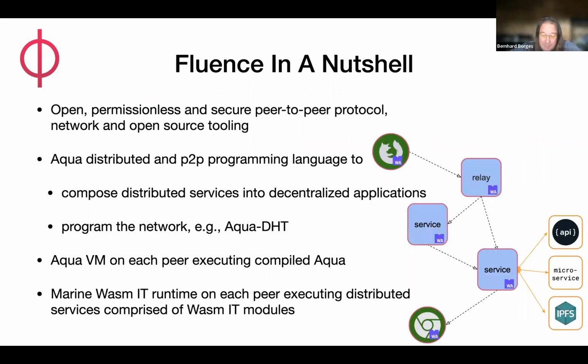So, Fluence in a nutshell. On the right, we have a little peer-to-peer network, and you can look at the green circles as clients. It could be a browser, an IoT device, an edge device. It doesn't really matter. Then we have some nodes in that network that operate and interact peer-to-peer, and those nodes can host services. Services are WebAssembly modules fundamentally, with some additional information,